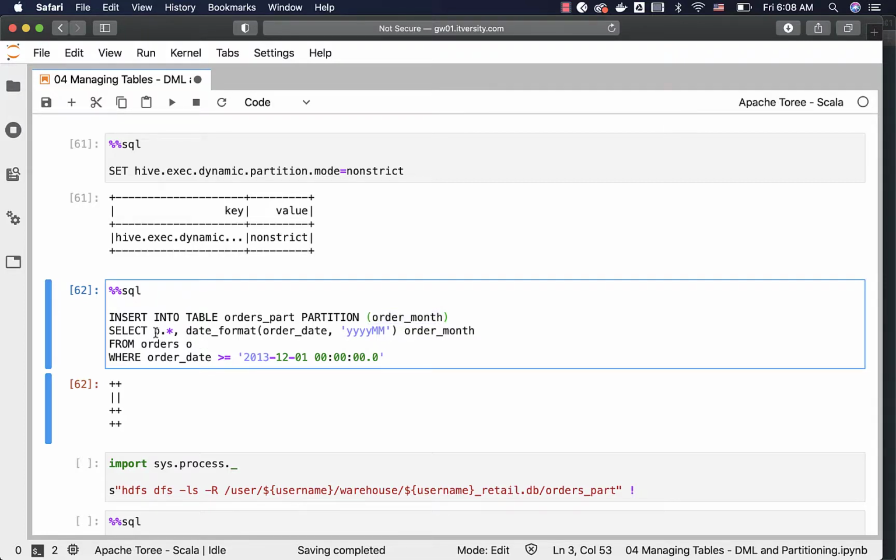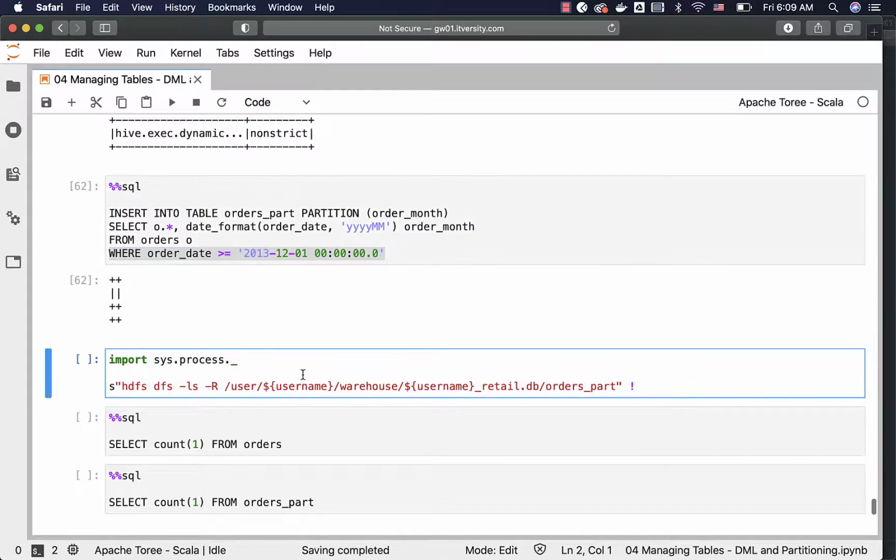Then when it comes to the select clause, on top of the fields which we are selecting from the underlying table, we also need to have the logic to get the right order month here. So this is the logic which will get the right order month, and also as the table already has the data related to 2013 July till 2013 November, I am interested only in copying data from 2013 December 1st. That's why I am having this condition. So you need to filter the data which you want to insert, and it will apply the dynamic partitioning using this data, and it will try to get the data into the table, and also it will create the partitions on the fly. Now the table is loaded with this new set of data from 2013 December till 2014 July.